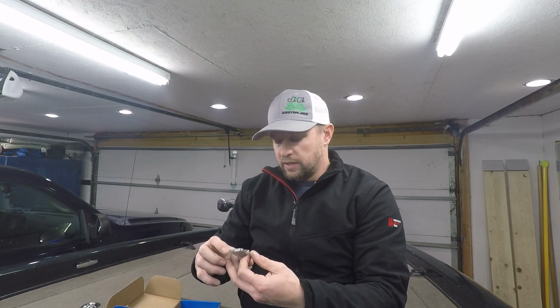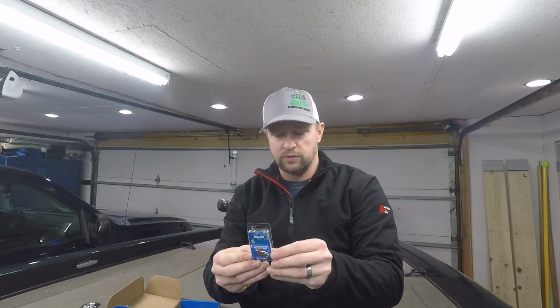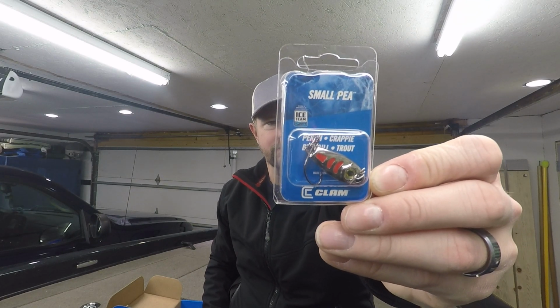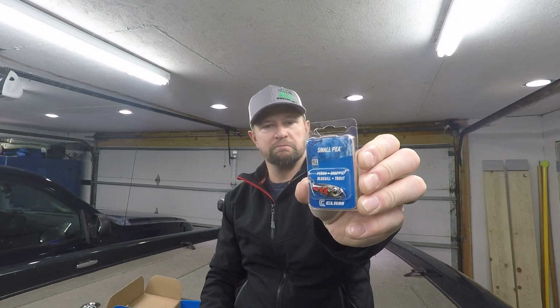This one is called the Small P slab spoon. This is good for perch, crappie, bluegill, and trout. Put a minnow head on that hook there and jig it. Dead stick it. You can put a live minnow on there too, and put it on a rattle reel, or maybe a bobber,